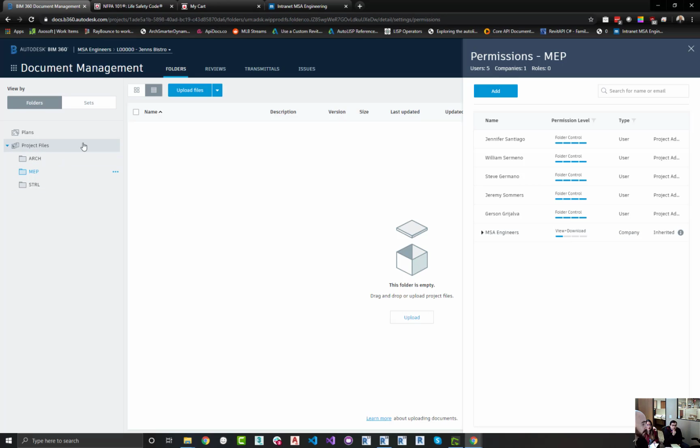So I just do it on the main root, set it there, and give the whole company view download permissions, right? It won't overwrite the admins. You'll see if I go into the ARC folder, the admins already have full control, so you don't have to worry about screwing up your admin permissions. That's already set. But then, under the MEP folder, I click on that one specifically, I go to their permissions,